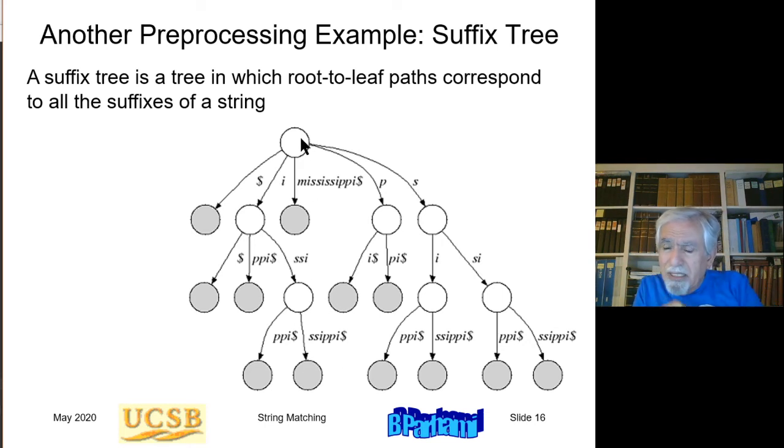So the paths on this tree are all the possible suffixes of the data string